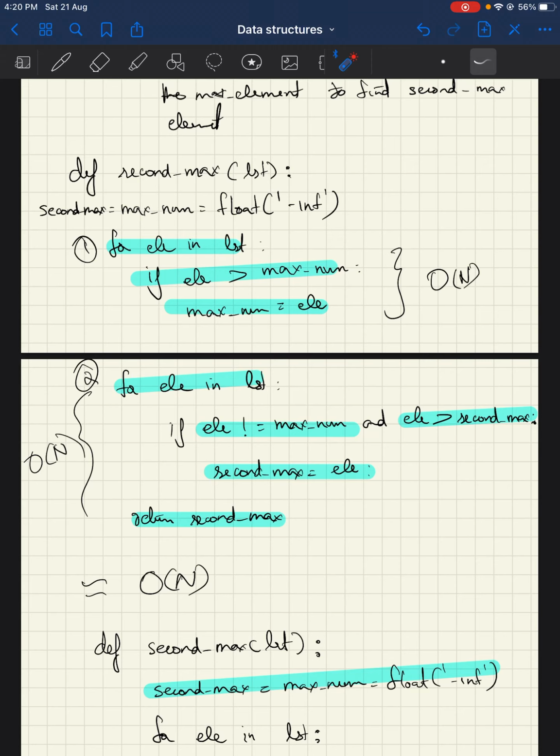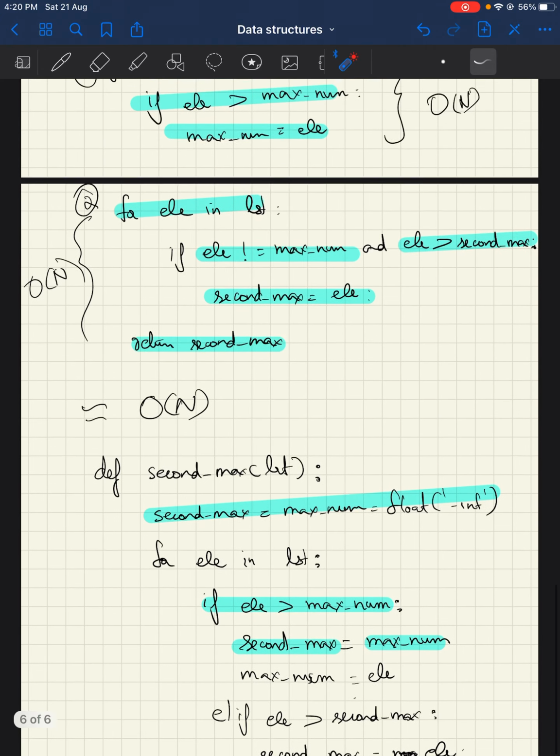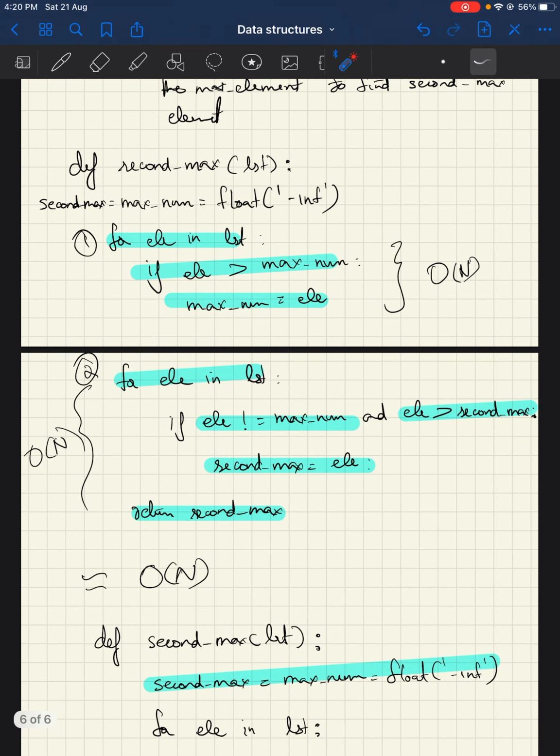So that's the idea of solving it through two for loops. Remember, this is still time complexity O of n, because we have O of n here and another O of n here. So it's still technically O of n plus O of n, which is roughly equal to O of n.